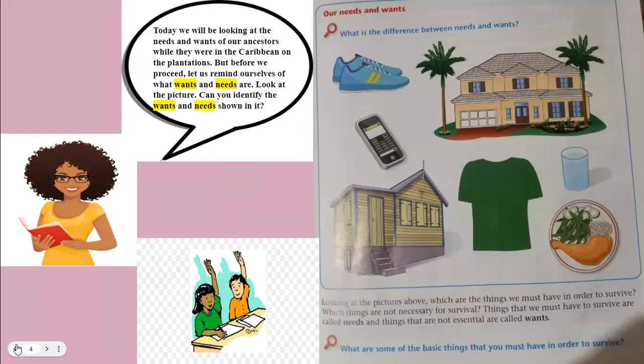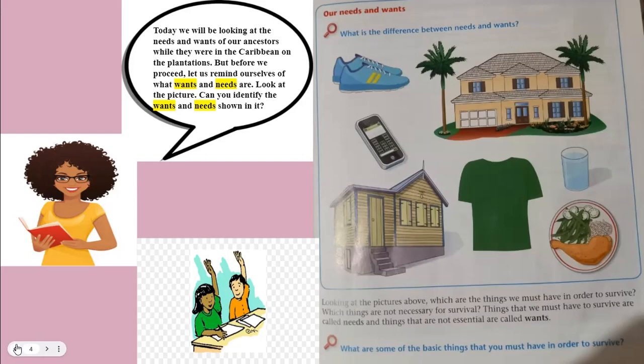So look at the picture. That's the picture to my right. Can you identify the wants and needs shown in it? All right, so as you can see, there is a house, a pair of sneakers, a cell phone, a glass of water, and a plate of food. So just looking at it, the first thing you need to ask yourself is, what are needs and what are wants? Now remember,